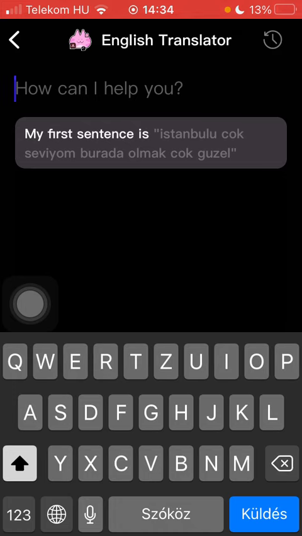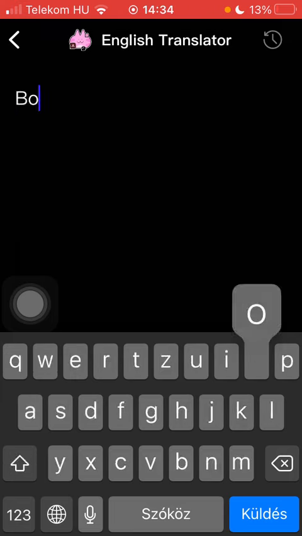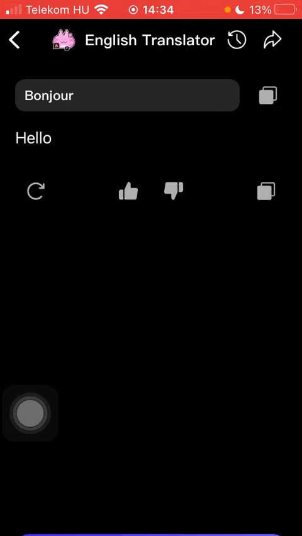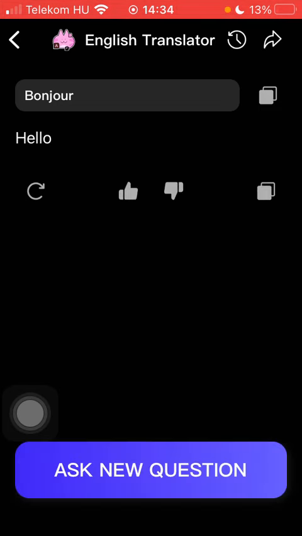Now you should type in the sentence that you would like to translate to English. So English is the target language in this case, so type in your sentence in your source language. Tap on send, and here you will be able to find the translation. If you want to regenerate the response, click on the regenerate button on the left side below your